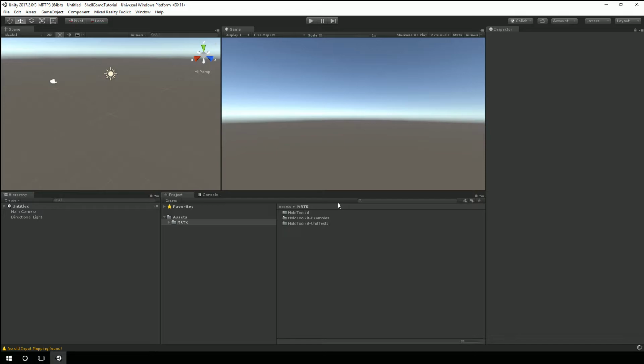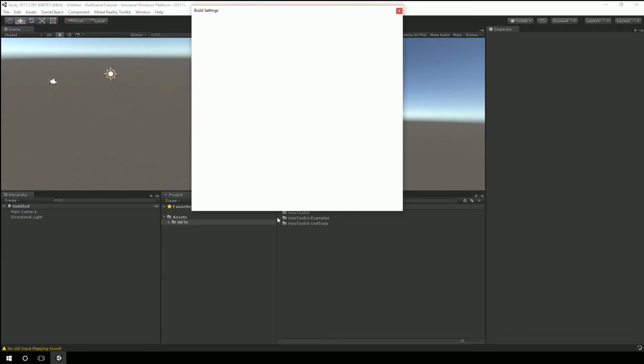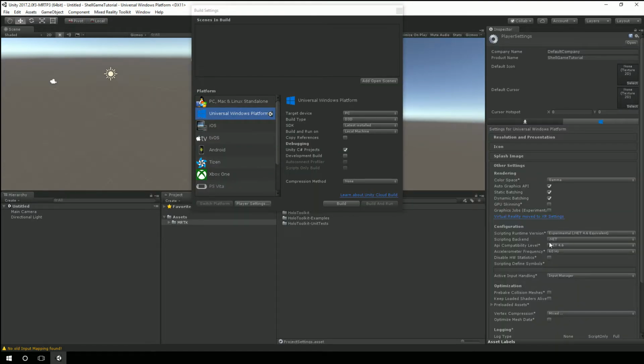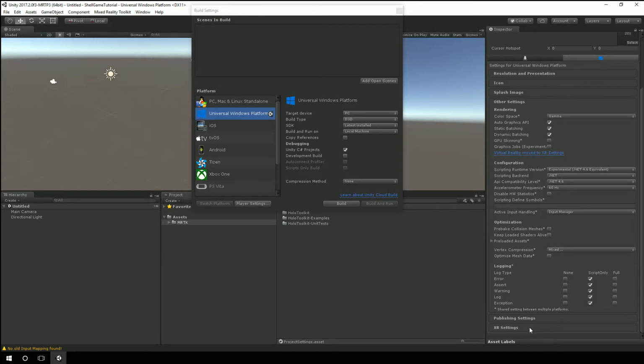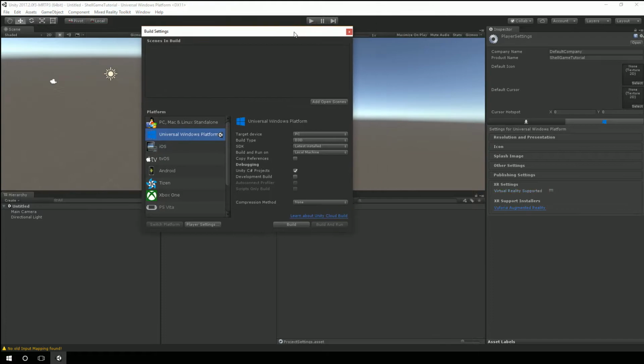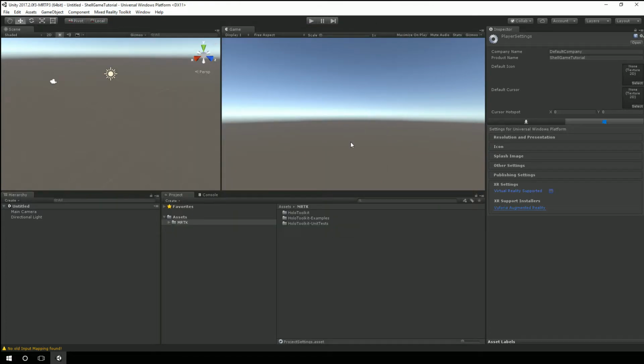So we'll let that update. At the same time, we'll go back here to build settings, go to player settings, and then down here in XR, we'll see that the virtual reality support is checked. Now for now, I want to go ahead and set the project up for that, but I'm going to uncheck the box. That way, while we are playing, it's just going to be here in Unity and not in the